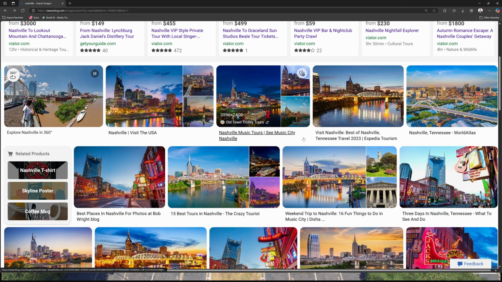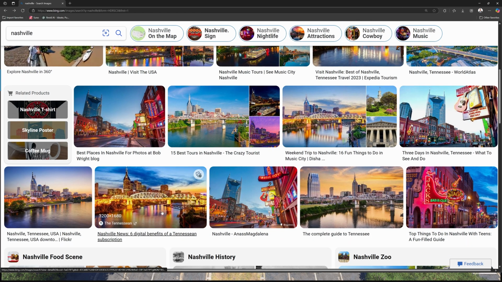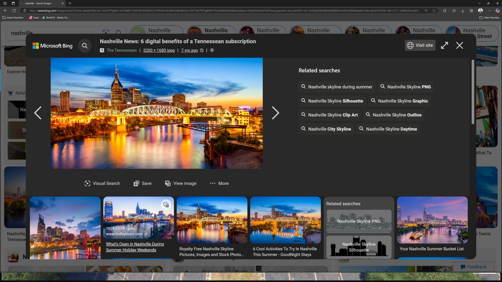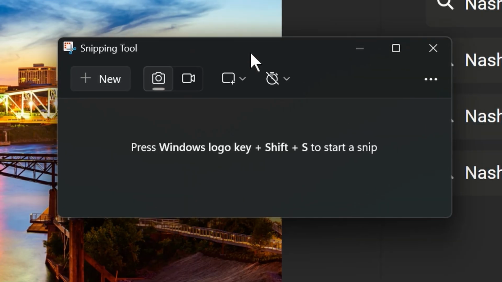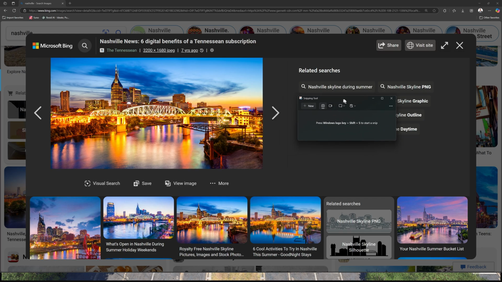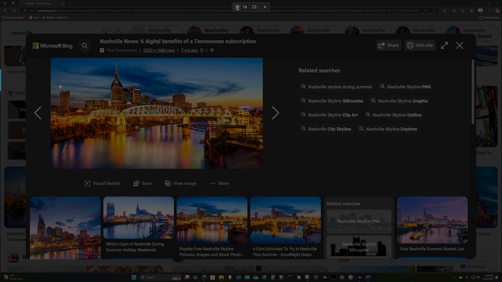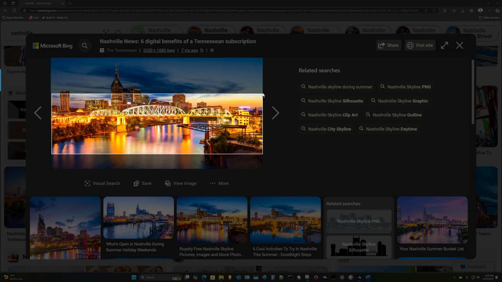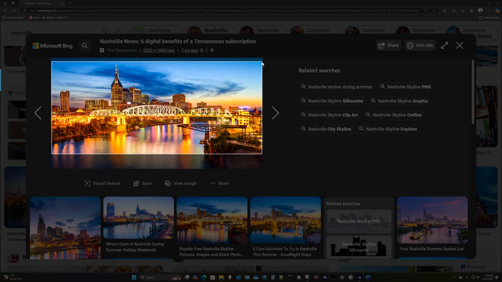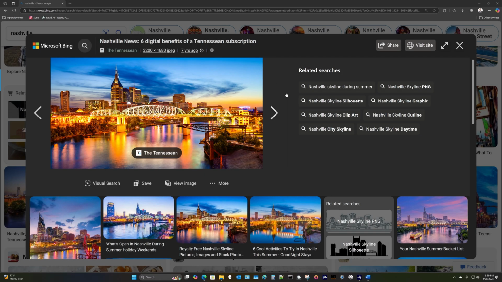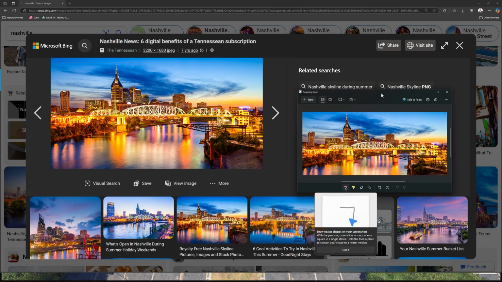So let's say I'm working on a package for Nashville. I'm just going to find whatever image that's convenient. I like to use the Windows snipping tool, the free tool that's in Windows for snipping. And I'm just going to hit new and try to guess as best I can, knowing I'm probably going to miss it some. But now I've captured the image